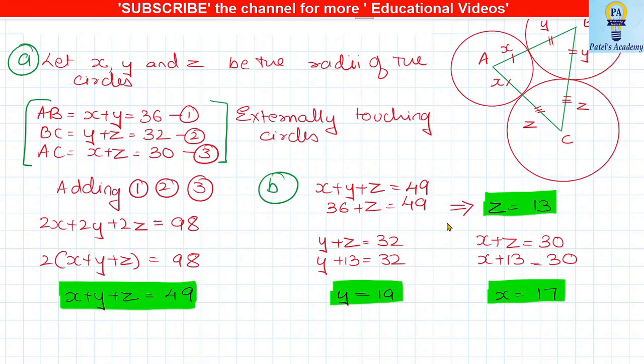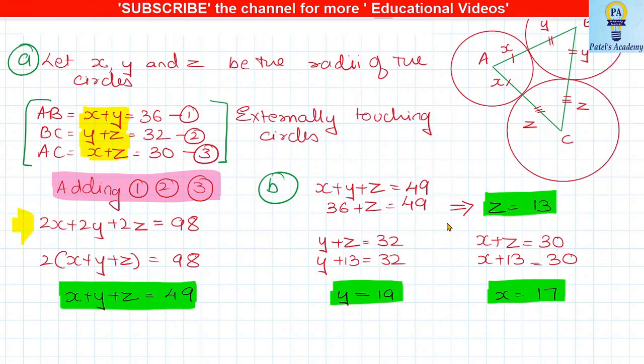The first step, see I'm highlighting with pink, is adding all the 3 equations. When I add all the 3 equations, I will add everything on the left hand side. See I'm highlighting with yellow. If I add everything on the left hand side, what do I get? x plus y plus z plus x plus z. Meaning, here what you see is everything is double. So see what I'm writing here.